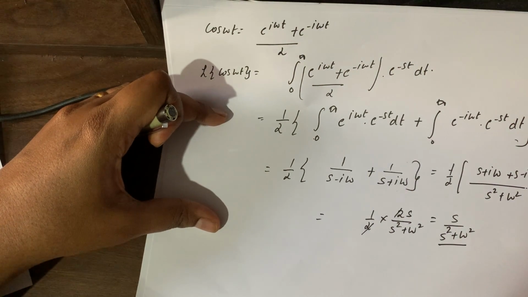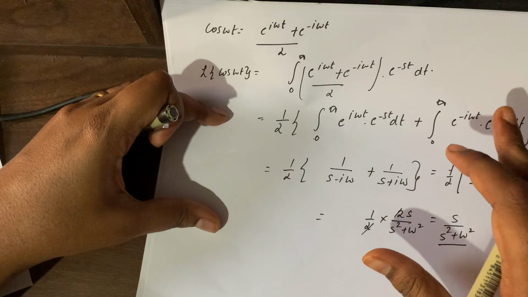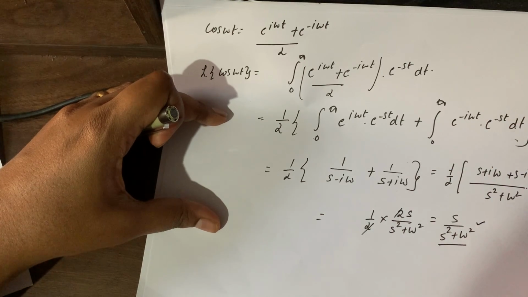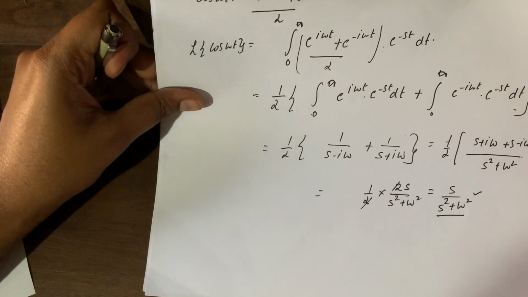You can check out the Laplace transform videos by Khan Academy, where he actually discusses the integration by parts of this, but I have used Euler's form to get to this, which I find is pretty much easier to explain without using integration by parts. Okay, so now let's get to the Laplace transform of sine omega t.